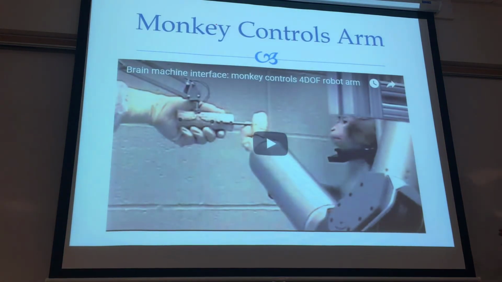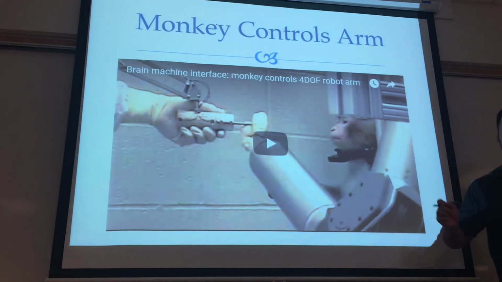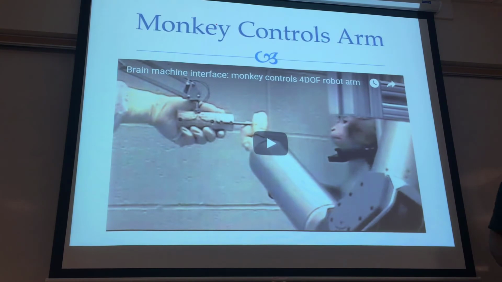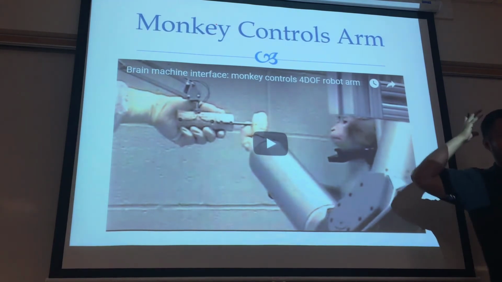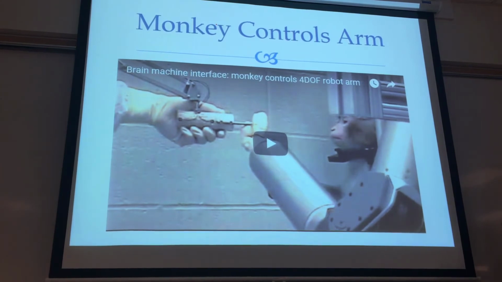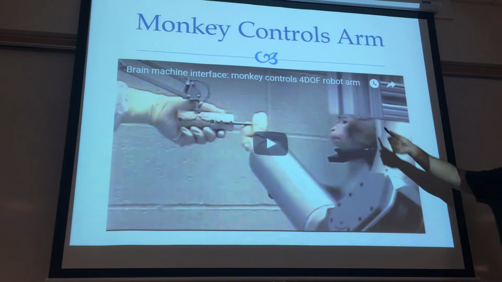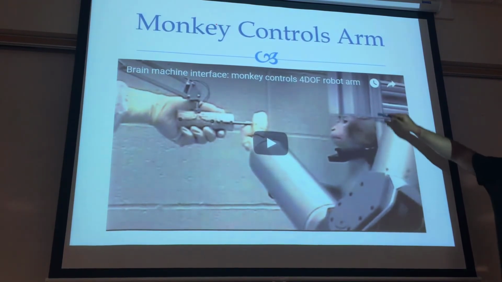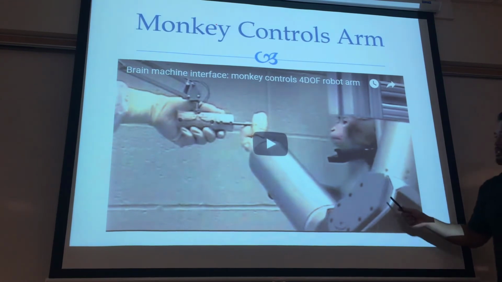So here they take a monkey, okay? And what you notice about the monkey, they got the machinery up on here. They have the monkey's head resected, and they have the brain kind of exposed. And one of the things they wanted to do was find the primary motor cortex. And they have electrodes plugged into the primary motor cortex, and they have him connected to this machine. And this machine